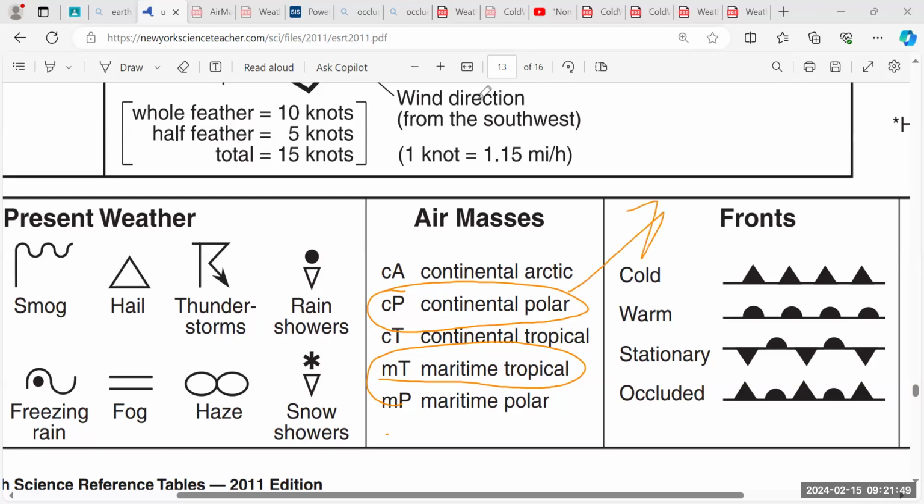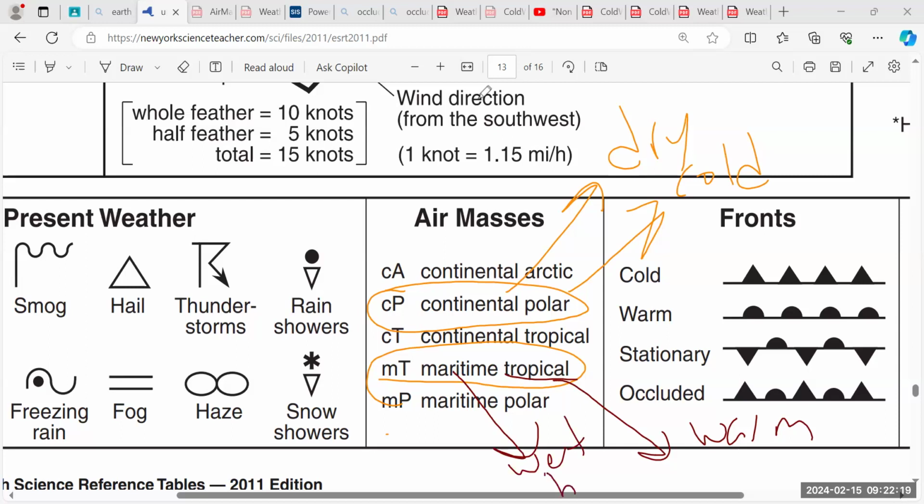We know the word polar, right, associates with being cold. Continental means that it was created on land, which means that it's dry. Sorry, I messed up on spelling. Forgive me. Right? We know that it's a cold and dry air mass. And we know what maritime tropical associates with warm air, and maritime associates with wet, or you can say humid air. All right. So now that I know the difference, CP represents cold and dry air mass, MT represents warm and